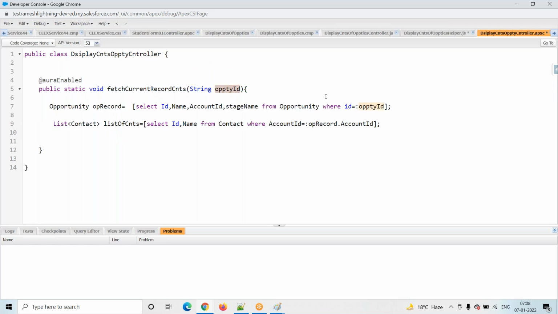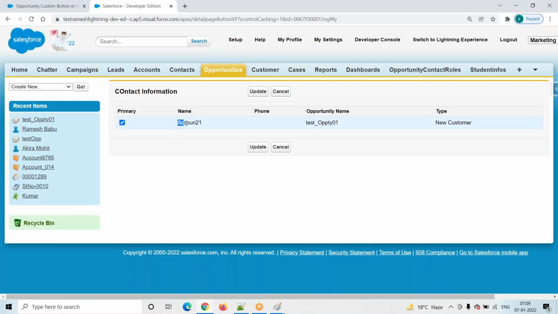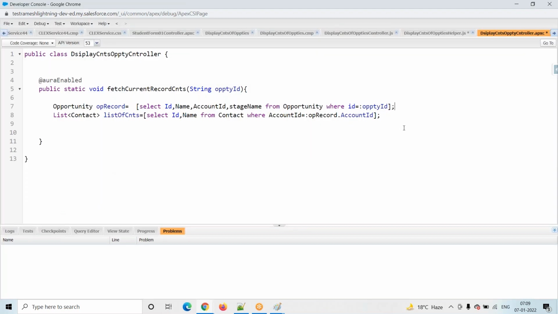See, this is my method. op id is equal to this one. This is the opportunity record id. Based on the opportunity account, we are getting the contact record id. Now my client is expecting it in this format. You have to display the records in this format. This format is nothing but a checkbox, and this is contact record information. This is opportunity record information. How we will get this format is that we will go and write a wrapper class. Public class wrapper class here. Then what is my next step?